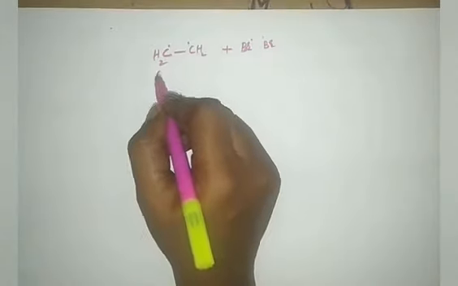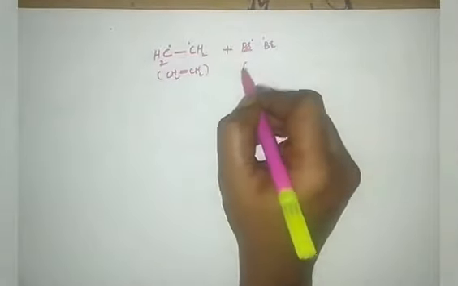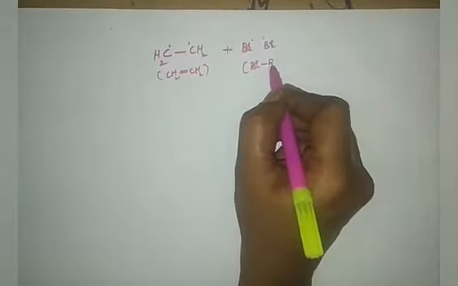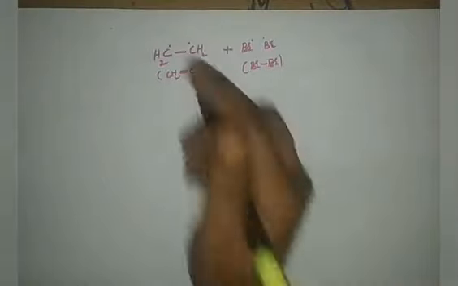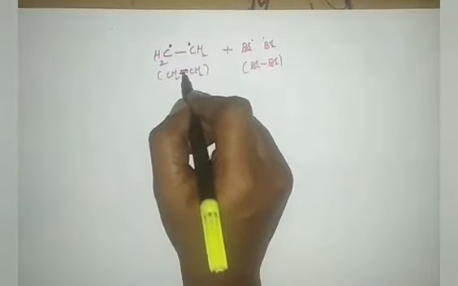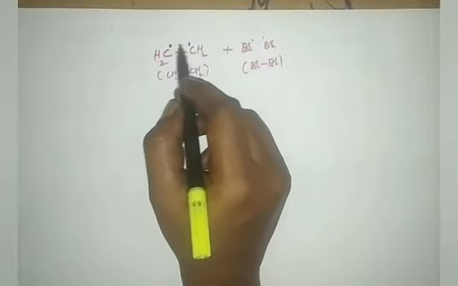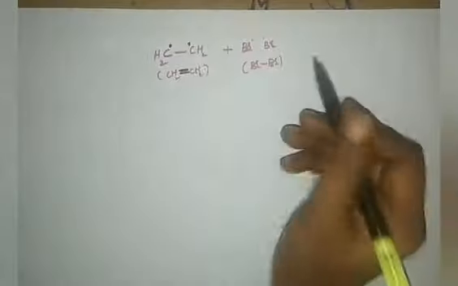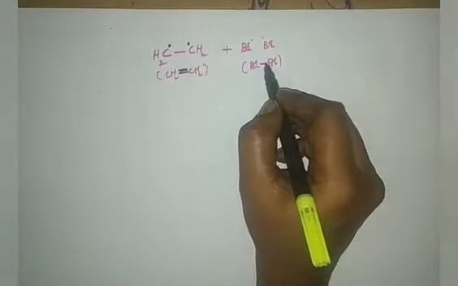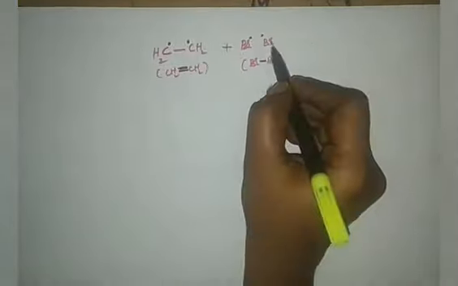See, this is my CH2, and this is my bromine, Br2. Here, this electron I have written because a pi bond is formed by 2 electrons only. So, instead of a bond, I can write electrons, radicals. Or instead of this bond representation, I also can write Br radical, right?